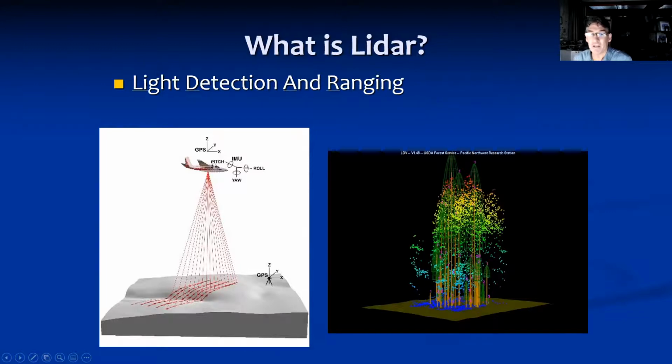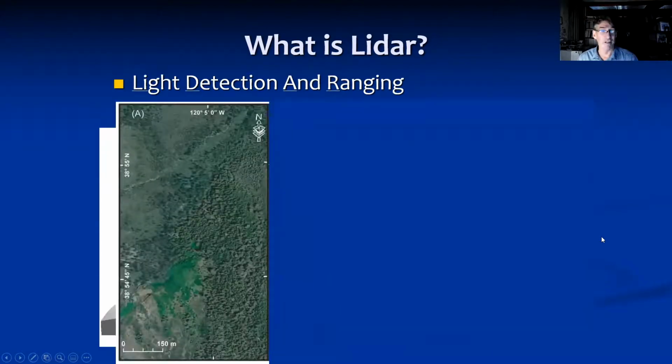And so the great thing about this is you'll get a data set. The laser beam cloud will include all sorts of information about the trees, but you can effectively clear cut a terrain and just see the ground, and that's it, at a resolution that is unprecedented in science before LIDAR came out. So just to give you an example of what this looks like, here's a forested region.